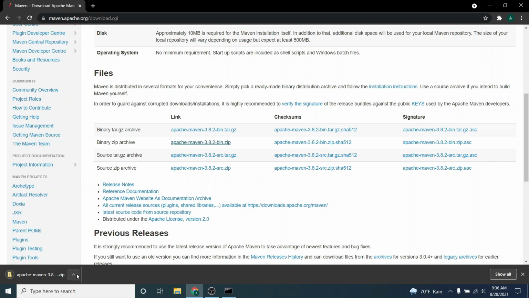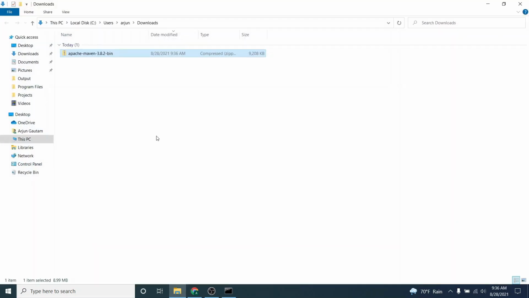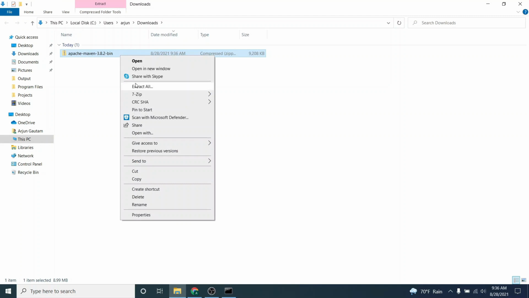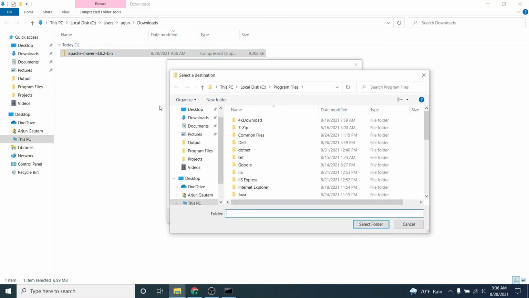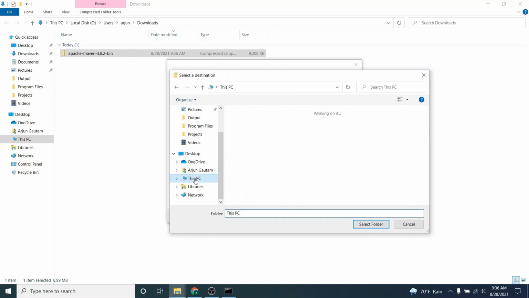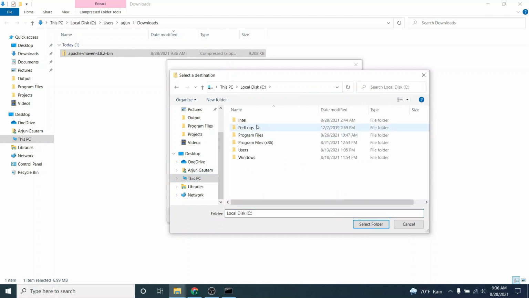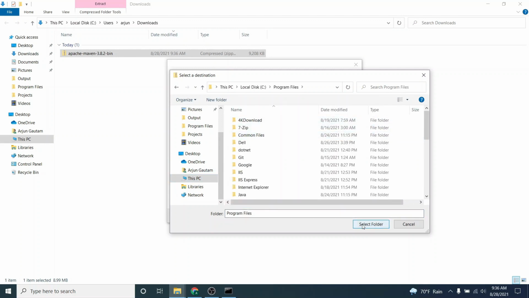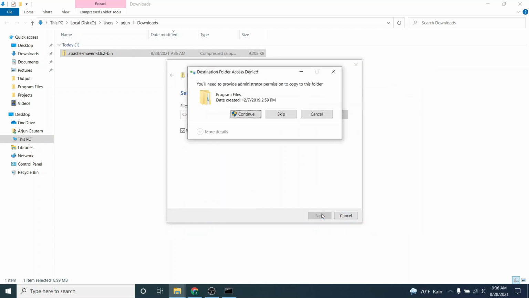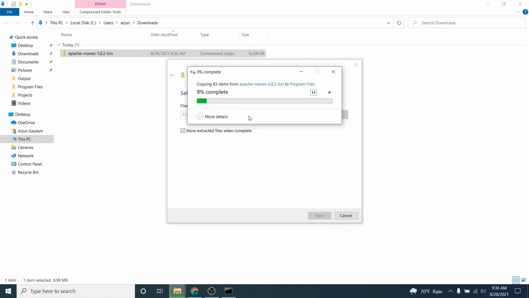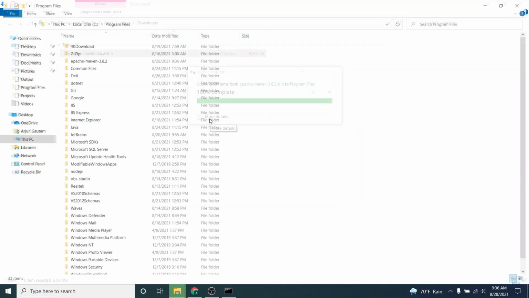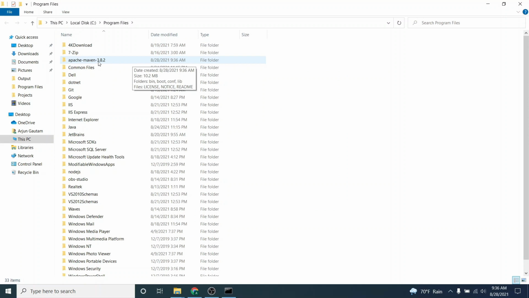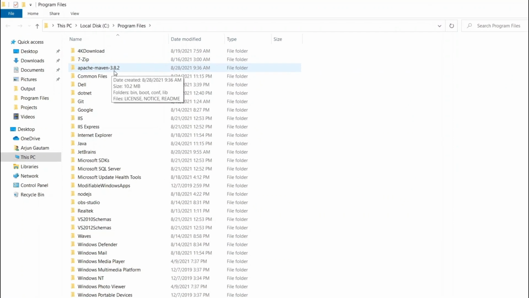Once this zip file is downloaded, just go inside this folder location, right click and extract it inside the C drive. Let me go inside This PC and Local Disk C, inside Program Files. Let me extract it inside this Program Files folder and click on Continue. This will extract the Maven Apache folder into Program Files inside the local disk C. Once the zip file is extracted inside Program Files, let me go inside this folder and